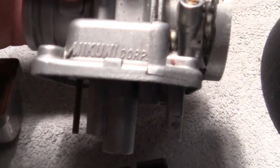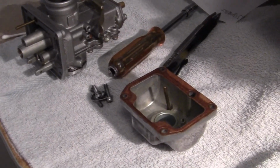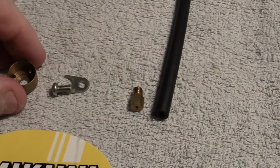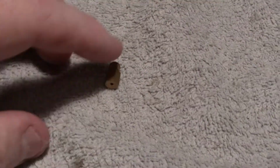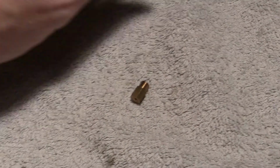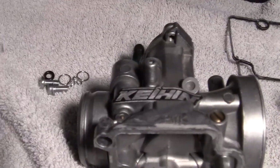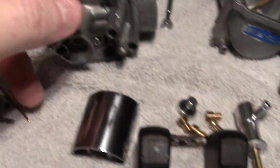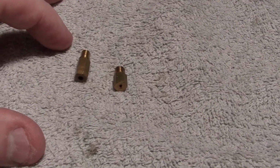So this is Mikuni Corporation 28mm side draft slide, and I've polished the insides of it just because I wanted to. Put that over here along with all the parts. It's basically the same thing as the Cahen with a little bit different parts. For instance, this is the main jet for the Mikuni. This is the main jet for, oh, oops, sorry, the Cahen. And they're both marked. They actually have the same threads. One's longer, one's shorter. This one goes here with the Cahen. This one goes over with Mikuni,